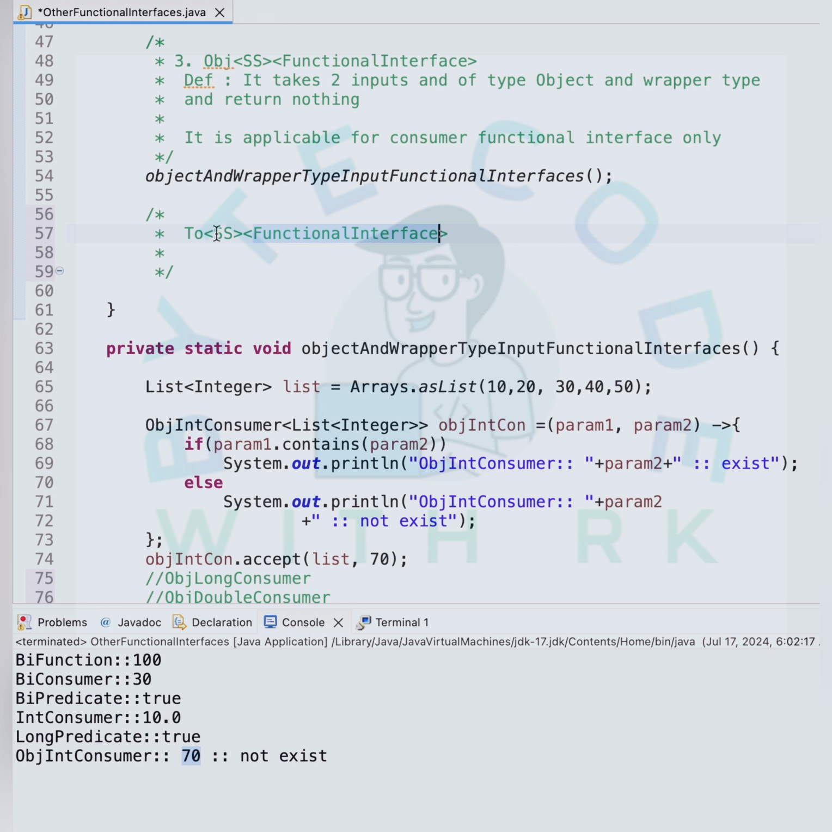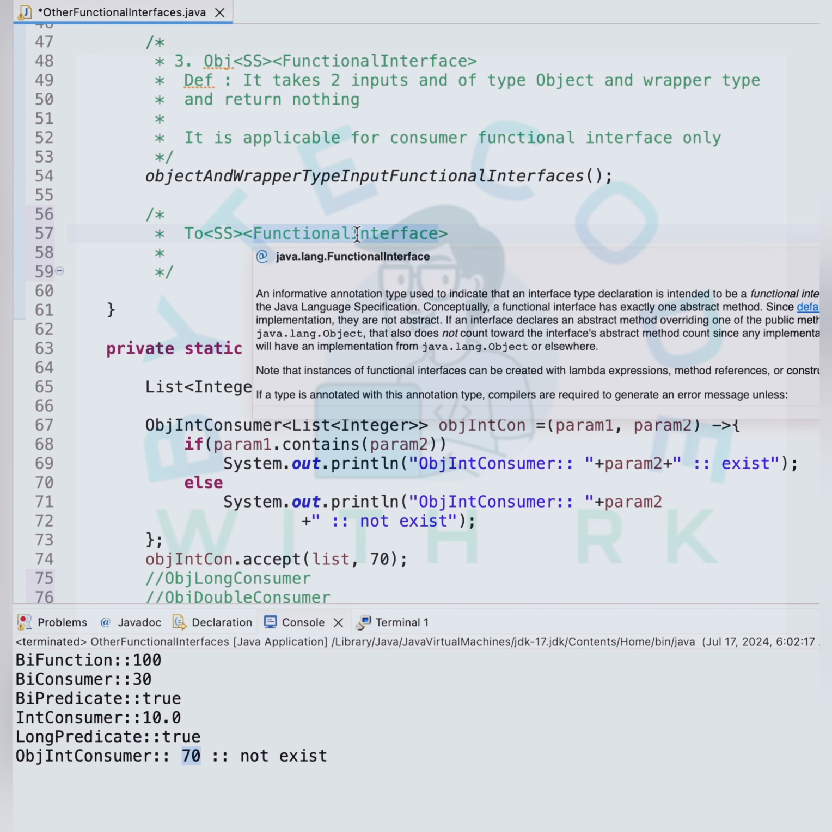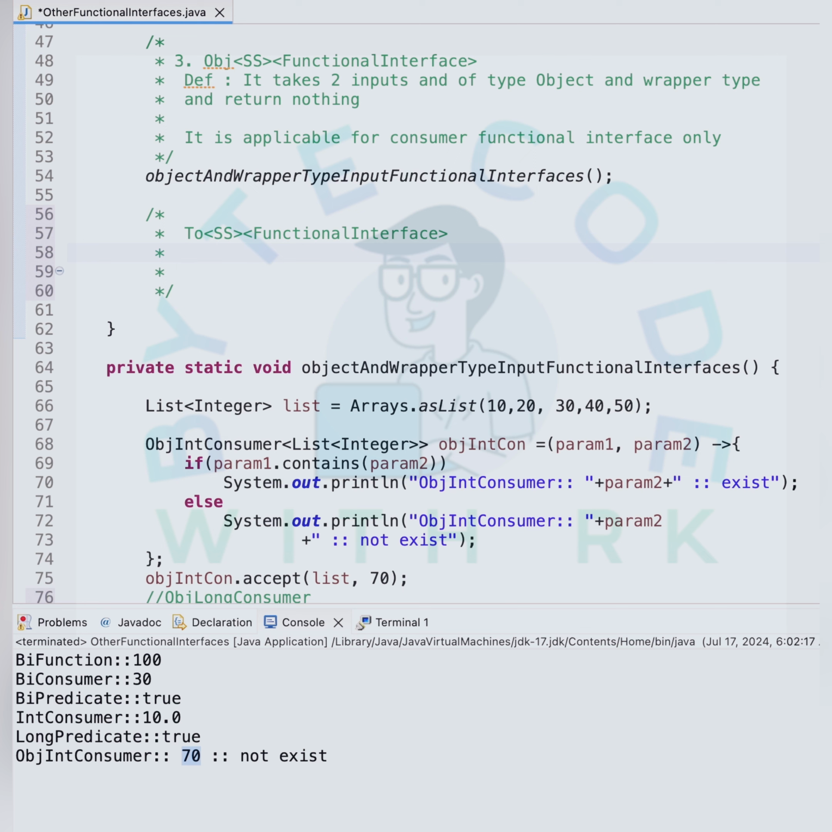Okay, so SS means anything like int, long, double, float. Functional interfaces means consumer, supplier, predicate, binary, unary function. For this case it is applicable. Function interface means either function or bifunction interfaces for this case only. This definition: